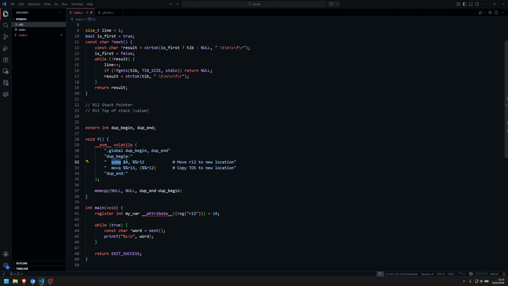But here, instead of sub q with the value 8, I need to do the following, because this is going to subtract. I need to add q, right? I need to add 8, which is basically 8 bytes, the size of a word, to R12, which is the pointer of the top of the stack. And then